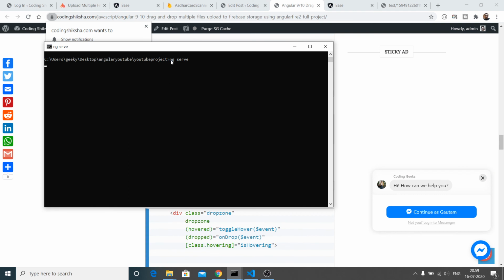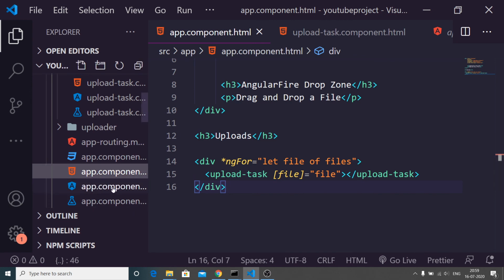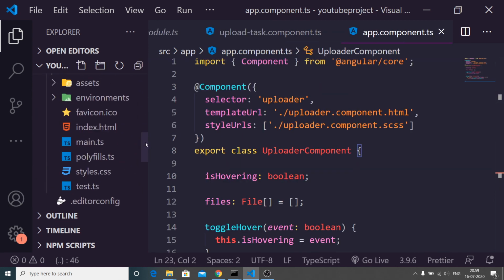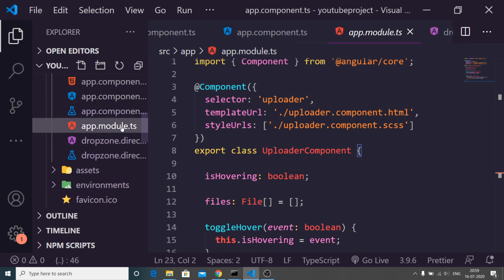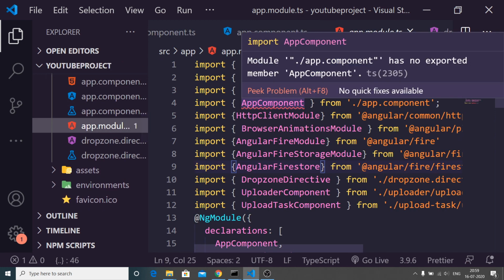The command used is ng serve. The command is pretty simple, so just wait. It is app.module. This is the problem, guys.